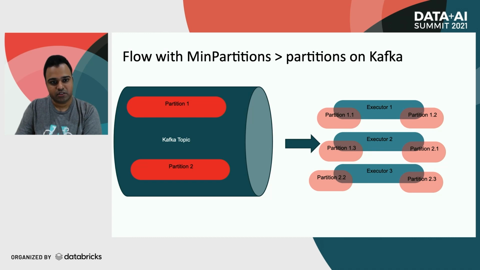So for the minPartitions visualization, right? We have a Kafka topic with, say, 2 partitions. Now we have 3 executors. Now, if I say my minPartitions is equal to 6, in that case, what's going to happen is you can see executor 1 and 2 have partitions 1.1, 1.2, and 1.3. So we have subpartitioned it, and we have allocated across 2 executors. Similarly, 2 has been split across executor 2 and executor 3. So this way, your executor cores are getting proper utilization, and your throughput is not limited by the number of partitions that are there